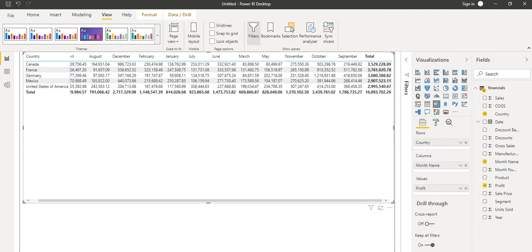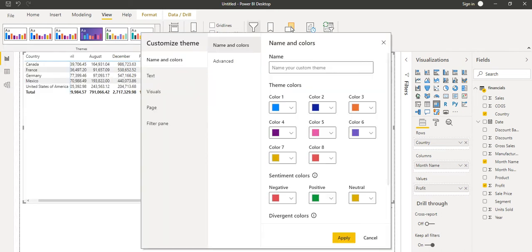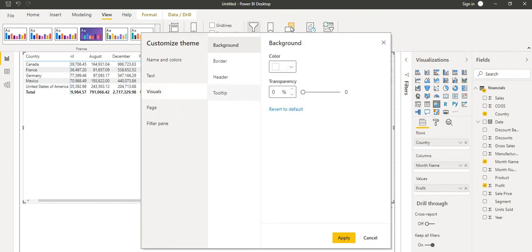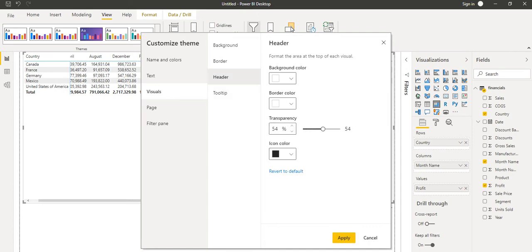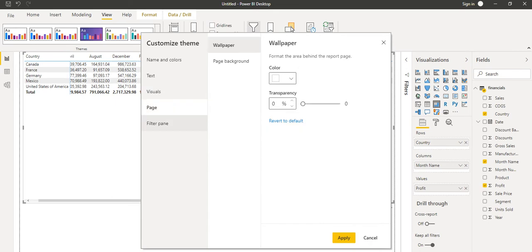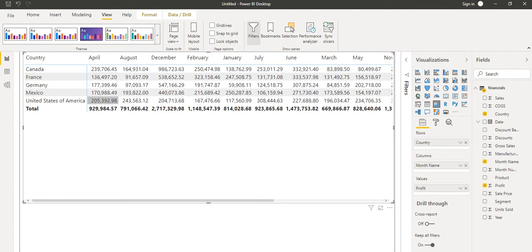And now if we want to do some formatting over this one, we can do the formatting. So let's take font size, it will be 14, and any other things if you want, tooltip related, header related, transparency, border color, background color. Let's change the background color to this. And if you want to change the filter pane, we can increase from here. So we can see we are looking at the data in a much clearer way.